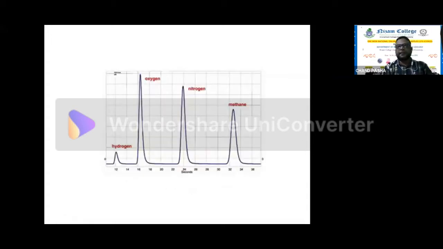If you separate gas molecules, like atmospheric gas, hydrogen will be eluted fast, and oxygen will be eluted later, and then nitrogen and methane. Methane is more hydrophobic, so it will bind tightly, and hydrogen will not, because it goes fast. Its molecular weight is also less, and it is not much hydrophobic, because, basic organic chemistry, as the carbon number increases, hydrophobicity increases.